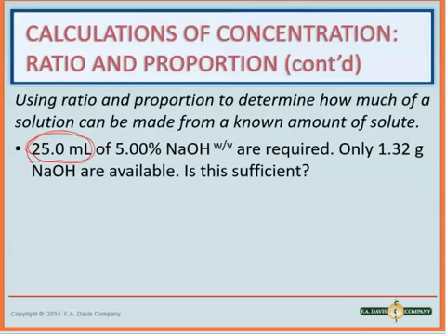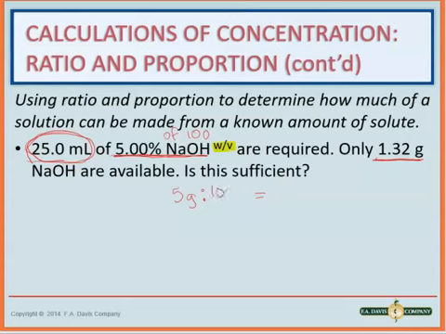So let's look at the other information that's given. We know they give us 5%, and 5% is of 100. And they also give us 1.32 grams. They also give us the hint that this is weight over volume. So let's go ahead and start trying to set up our equal ratios. Let's start with the percentage first. So we know it's going to be 5, since it's weight, 5 grams